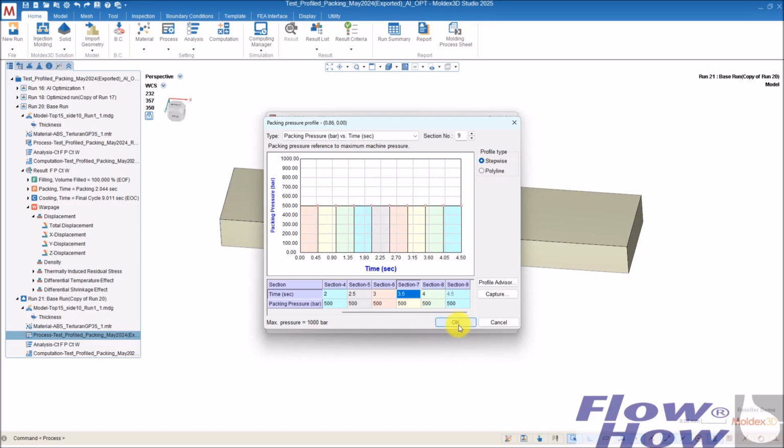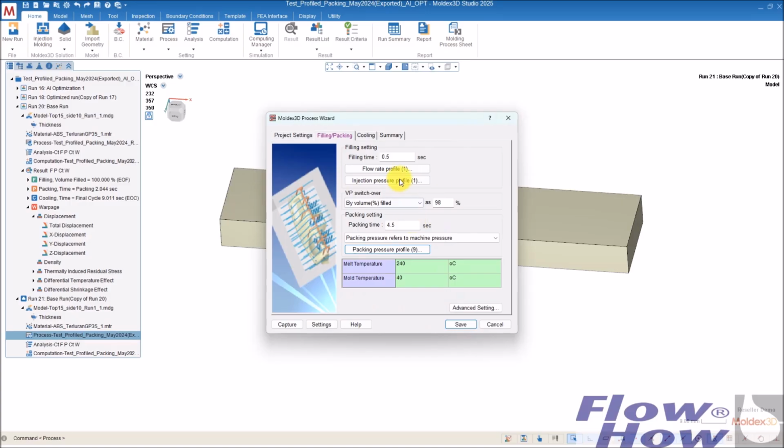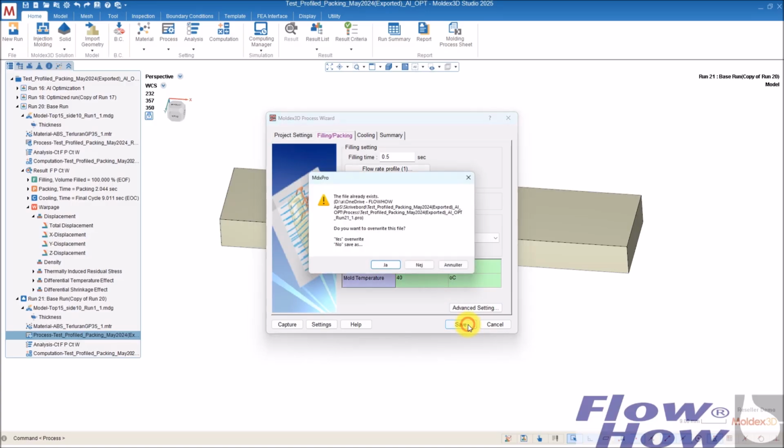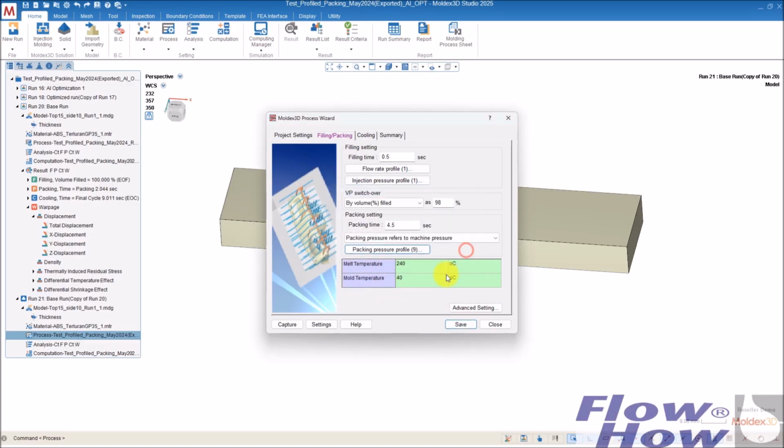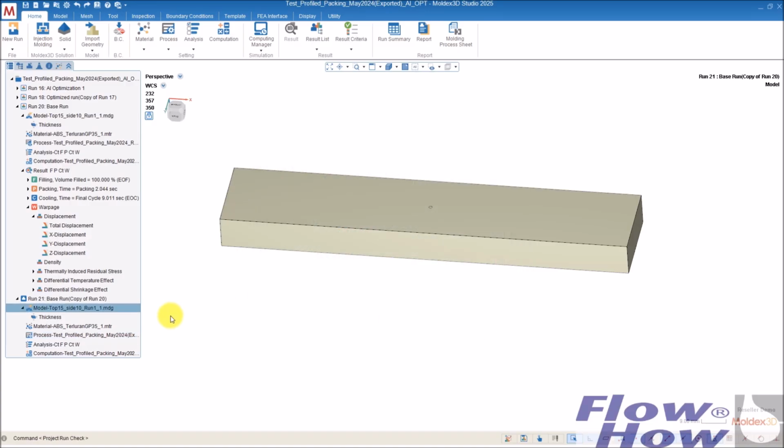I haven't tried that, but anyway, I do it stepwise, and yes, I've saved this. Now I want to do an optimized run based on this, trying to flatten this part as much as I can. So I use this one.